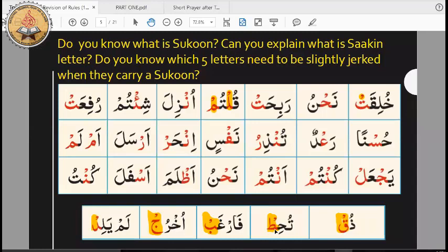Okay, now let's move on to the next one. Over here, the second letter in this is the Ta. Okay, now the Ta has a sukoon on top of it. So we know that Ta is one of those 5 letters that when they have a sukoon on top of them, you have to join it with a jerk sound. So the letter before the Ta is the Ha. So when we join the Ha to the Ta, we have to join it with a bit of force. So I would read this word as tuhitl, tuhitl. Okay, so when I join the Ha to the Ta, I do it with a bit of force